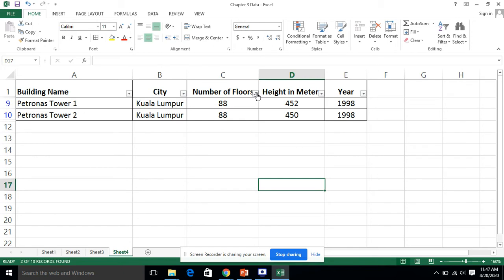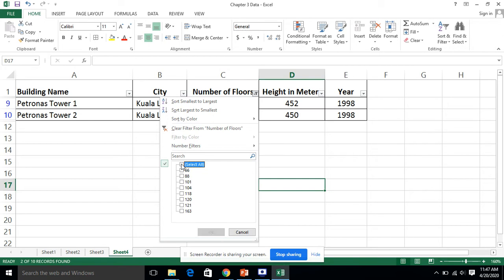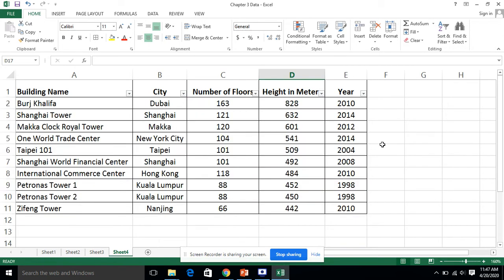So I have applied one filter. I remove this filter by clicking Select All, and all data will be visible now.